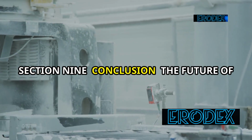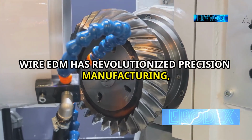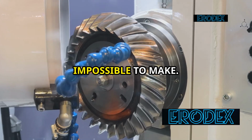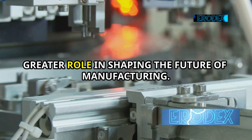Section 9. Conclusion. The future of precision manufacturing. Wire EDM has revolutionized precision manufacturing, enabling the creation of complex and intricate parts that were once considered impossible to make. As technology continues to advance, we can expect wire EDM to play an even greater role in shaping the